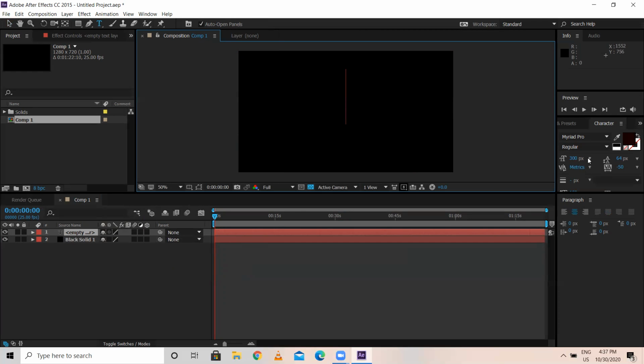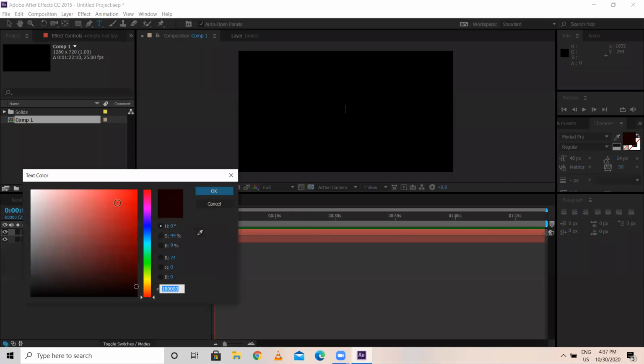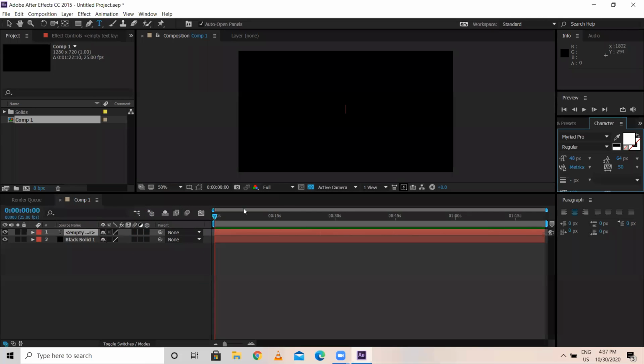You have to type. So let me just enter, change the pixel size, meaning the font size. Another thing, color. You have to pick the color also. Something like this.